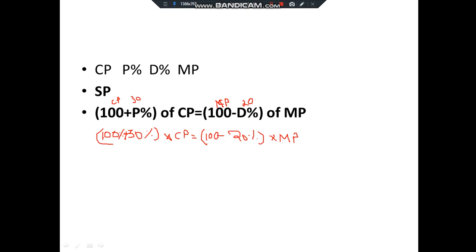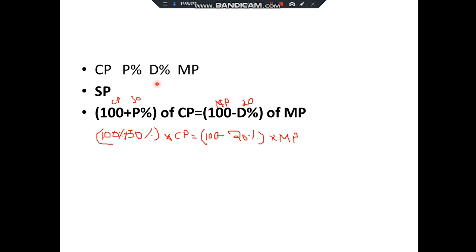We'll definitely have to know the basics, because that will help us in solving some tedious questions where shortcuts won't help us. Okay, so we'll use a shortcut, a kind of formula, and I'll explain that formula also, how it has come, and with that formula we'll solve this kind of questions. Okay, so listen to this carefully. When cost price, profit percentage, discount percentage and marked price are involved in your question, you can use a formula. What formula will we use?